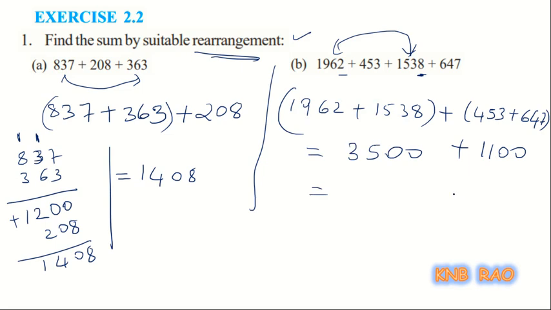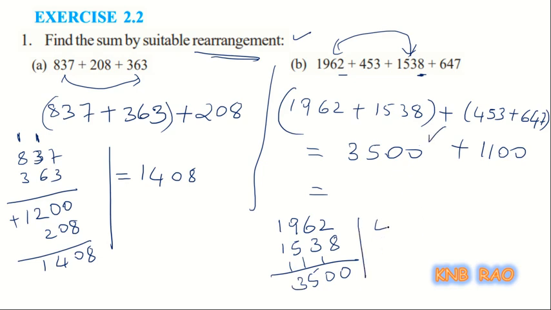I don't expect from you all a similar sort of immediate picking up of that sum. Take your own time, but practice in such a way that doing additions even orally you will be quick enough. 2 plus 8 is 10, 1 carry, 6 plus 3 plus 1 is 10, 1 carry, 9 plus 1, 10, 10 plus 5 is 15, 1 carry, 1 plus 1 plus 1 is 3. So, 3500.